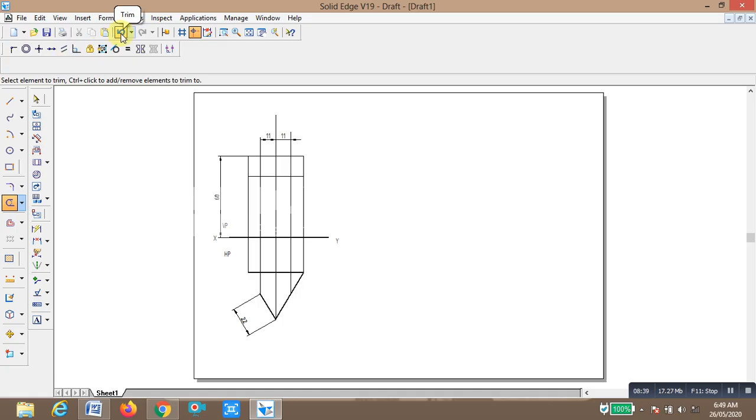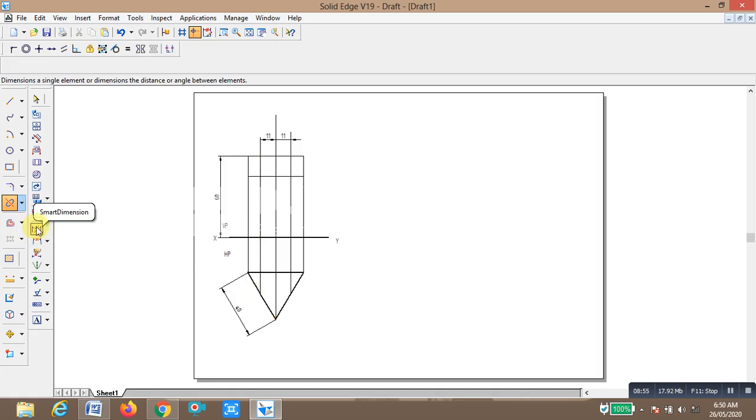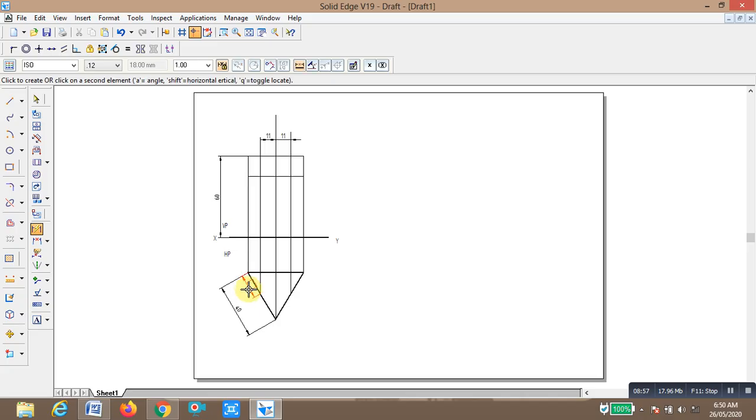Smart dimension. You split this line first. At this point I am going to split. Measure this distance, it is 18. Now select line command.